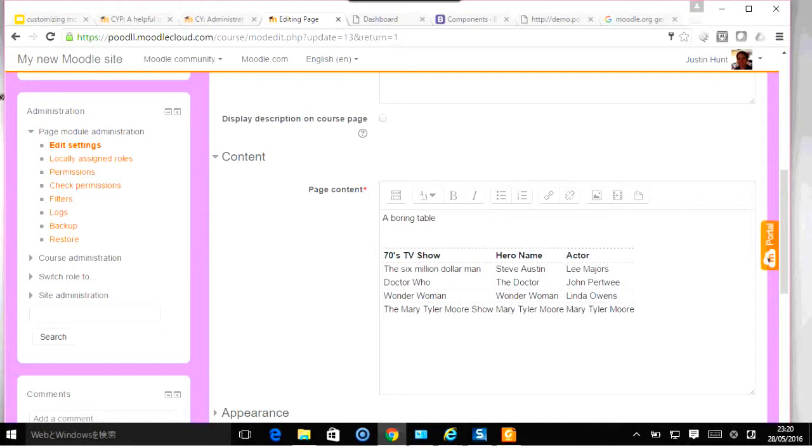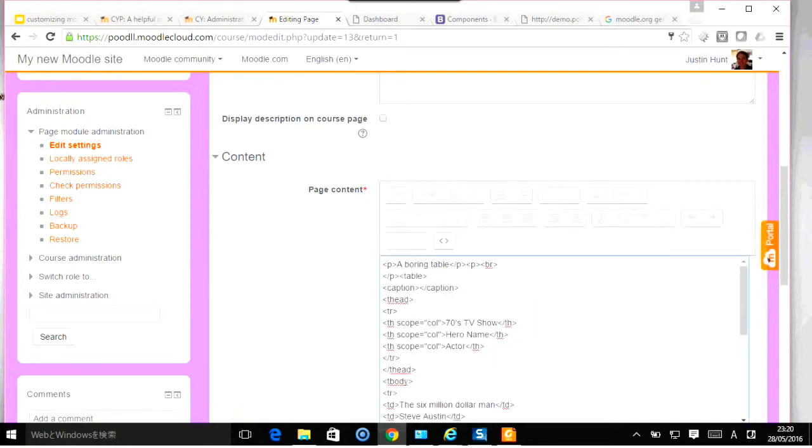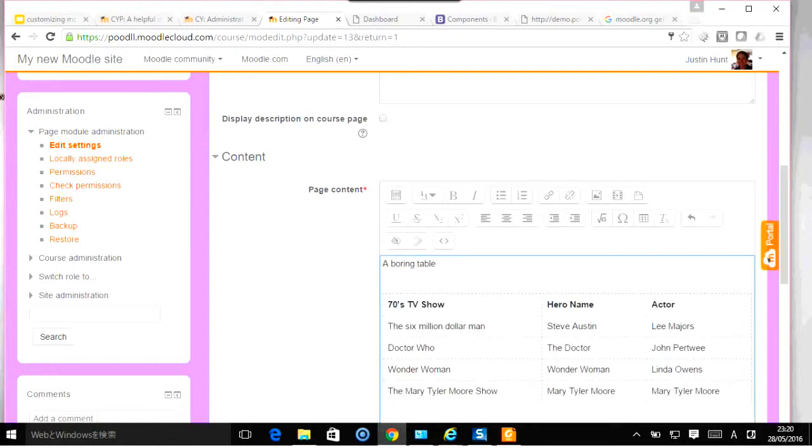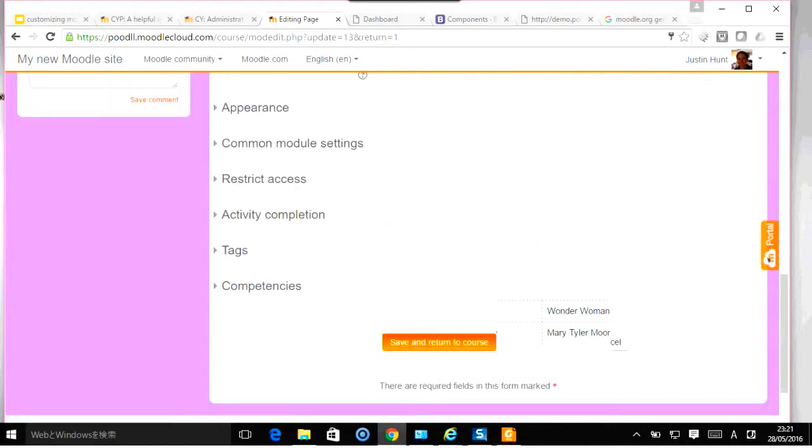One of the things that we can do, because in most themes in Moodle, Bootstrap, the CSS framework, is already loaded, is simply add a class to this table, and that will make this table look a whole lot nicer. So if we look at the table and I add class equals table, and I go back out of the source view, you can see it's already looking a little bit different, isn't it? It's spaced nicely and it's looking attractive. If I save that and display it,